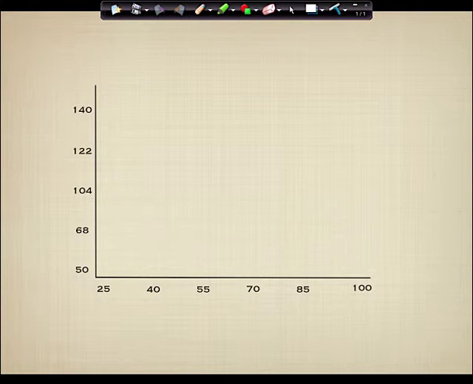Guys, if we really want to represent this data, here's what we need to do. We need to first of all understand that the data that we're looking at is relational. But what is the relationship we're looking at? We're looking at temperature versus ice cream sales. We want to know, how does temperature impact the amount of ice cream somebody will sell? So first thing we need to do is use our axes appropriately. It goes like this. Ice cream sales we're going to put on the y-axis, and temperature we're going to put on the x-axis.